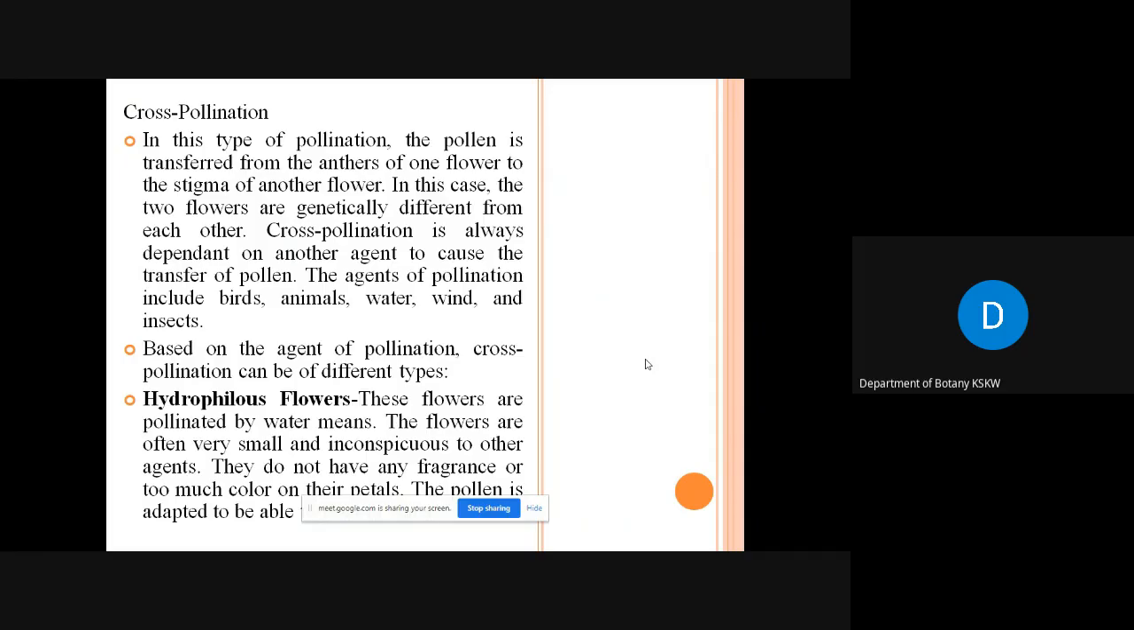Depending on the agents of pollination, different types of flowers or different types of pollinations are there. First, you have the hydrophilous flowers, which are pollinated with the help of water. The flowers are very small, inconspicuous to the other agents. These flowers do not have any fragrance or color, and the pollen is adapted to be able to float on the surface of the water,